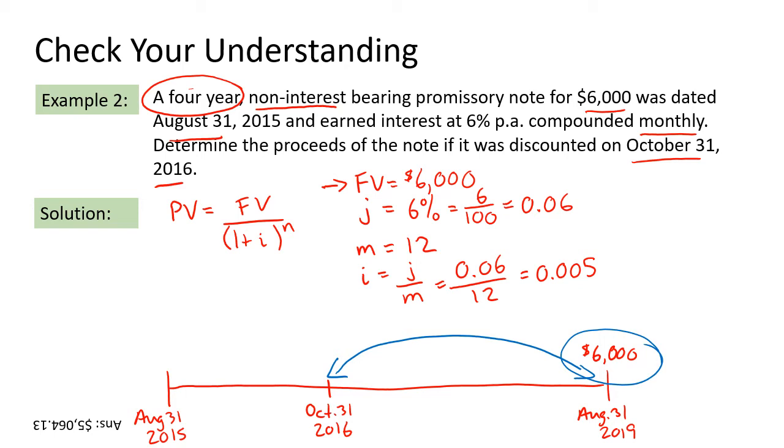And that's because that is the actual period of time where you're saving the interest. So you're converting from the future value of $6,000 on August 31st, 2019, 4 years after the note was initiated, to the time where it came due, when you're trying to determine the proceeds, and that was on October 31st,